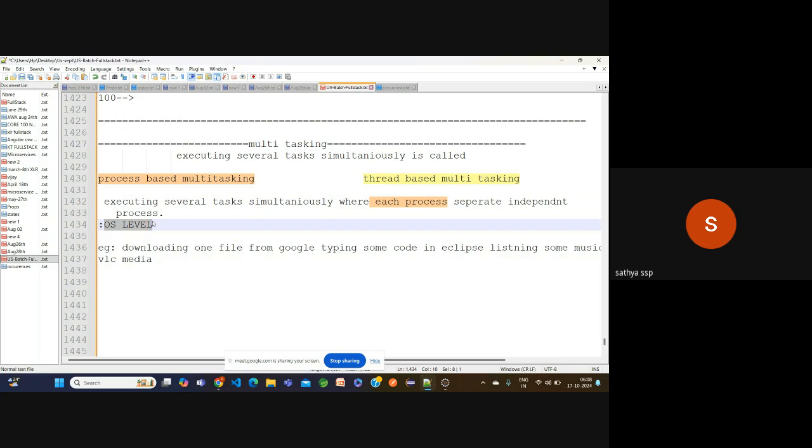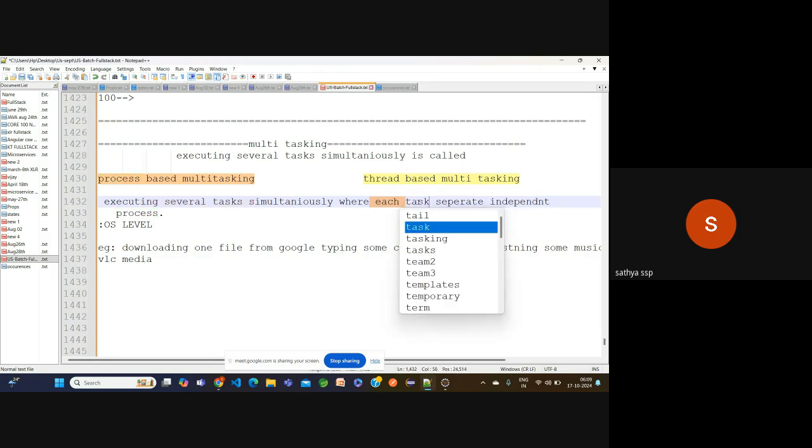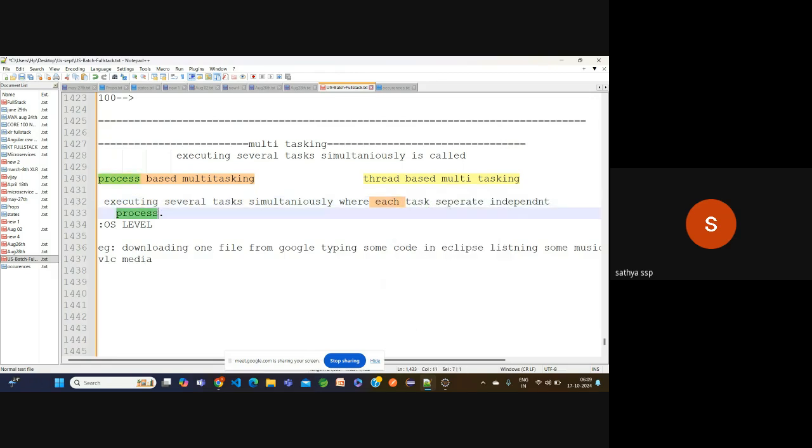Downloading a file, listening to music, and typing code simultaneously, where each task is a separate independent process. This is called process based multitasking.